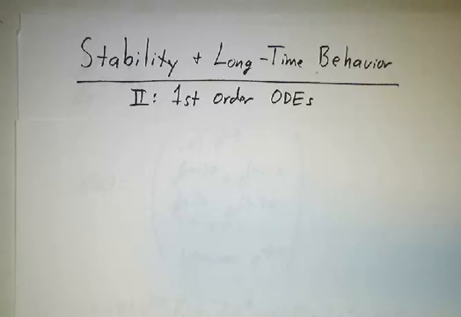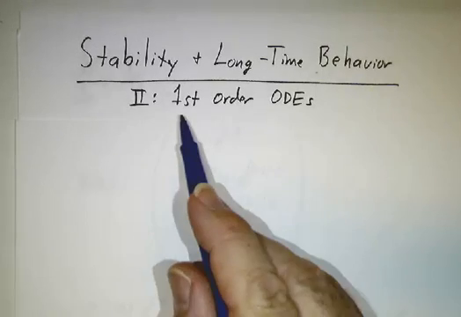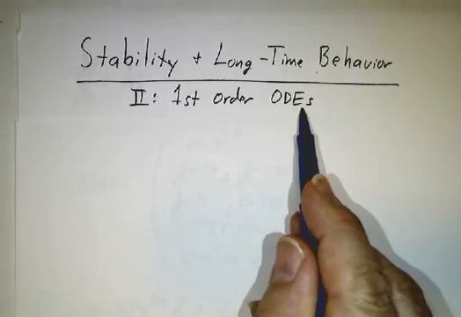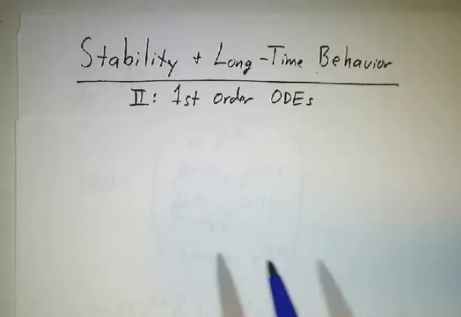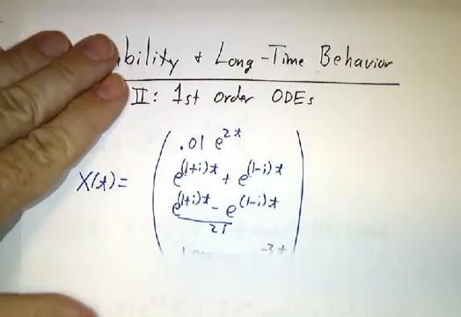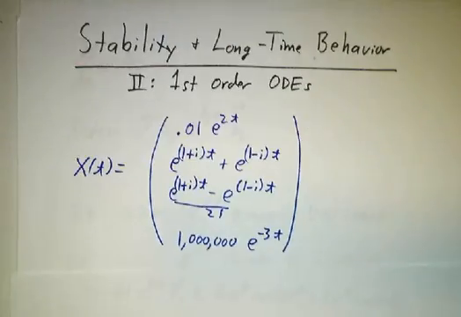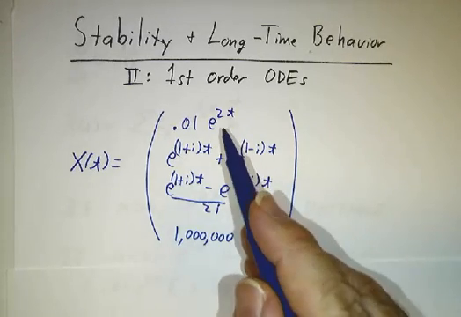In the last video, we talked about stability and long-time behavior for difference equations. Now we're going to do it for first-order ordinary differential equations, systems of differential equations. The overall picture is very much the same, but some of the details are different. So first of all, when you have a system of differential equations, you wind up with behaviors like e to